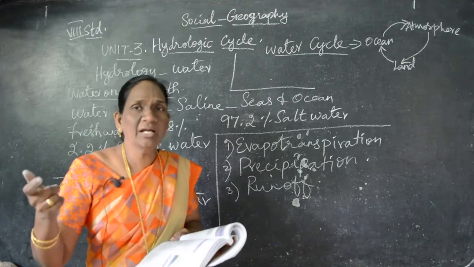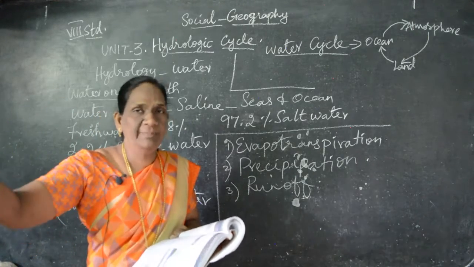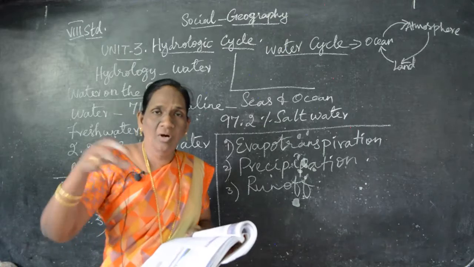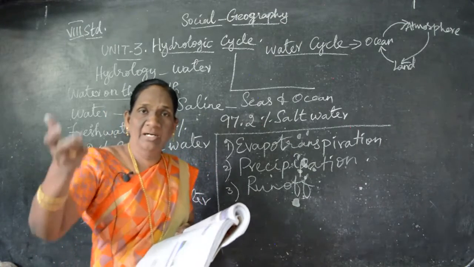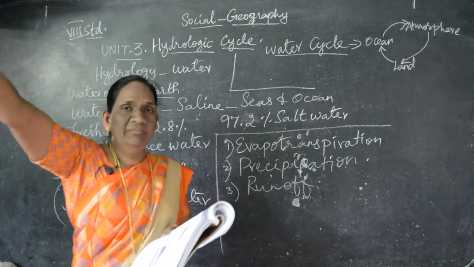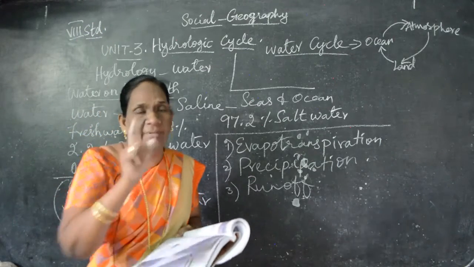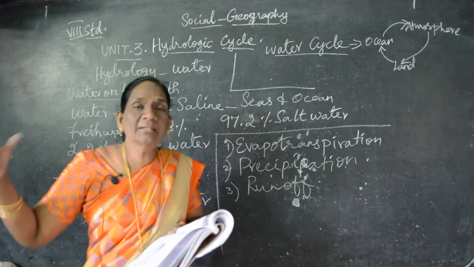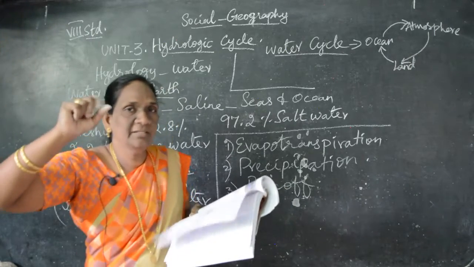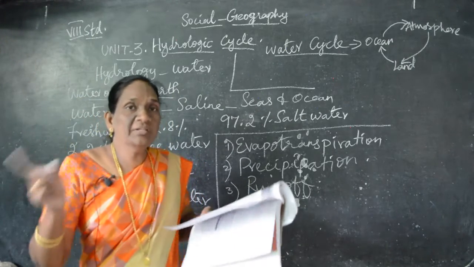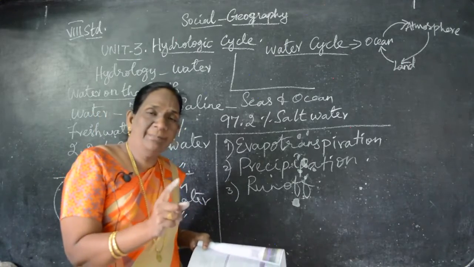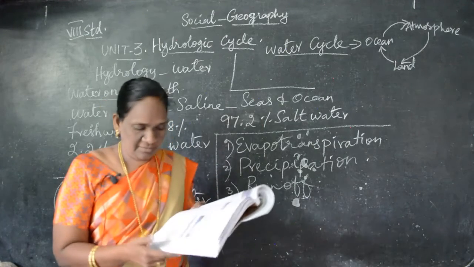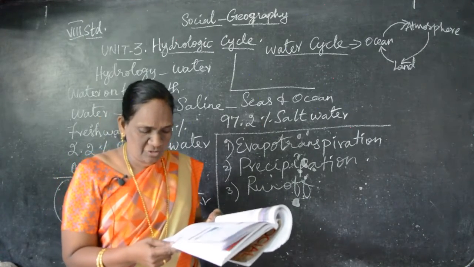First, already I told you that water becomes water vapor. The water in the sea, ocean, ponds, rivers, valleys, what happens to all the water there? It changes into vapor, becomes water vapor, understand, goes up and joins with the atmosphere, that is called evaporation. From plants and trees, the water there changes into water vapor and goes and joins the atmosphere, that is called transpiration. So evaporation plus transpiration together is called evapotranspiration. Can you follow then? So it is collectively called evapotranspiration.